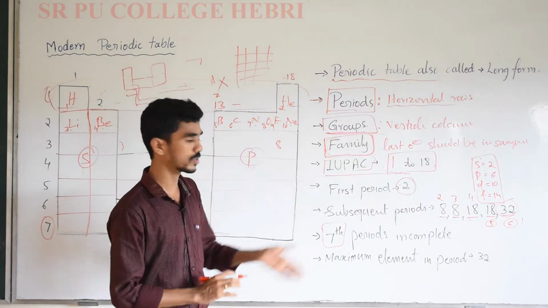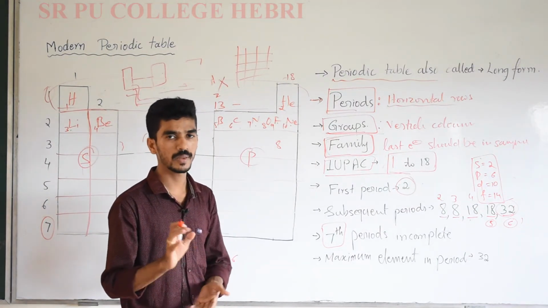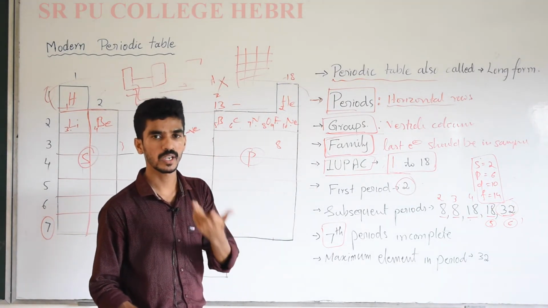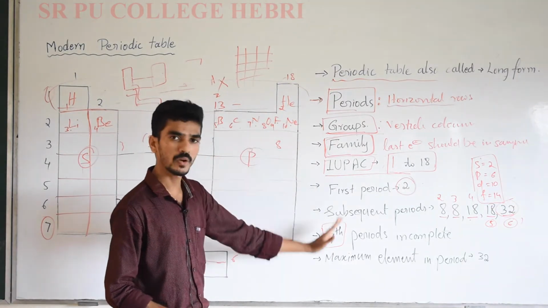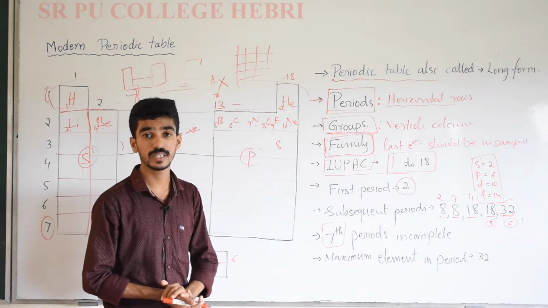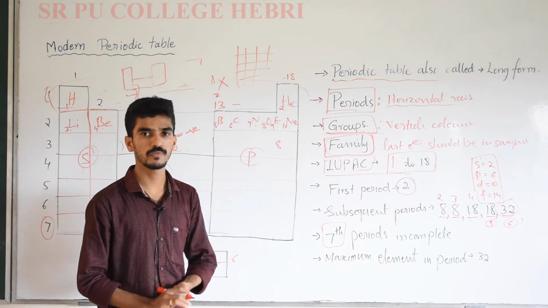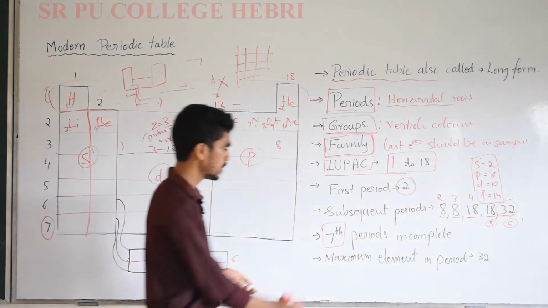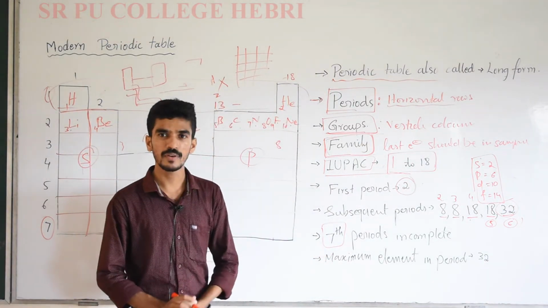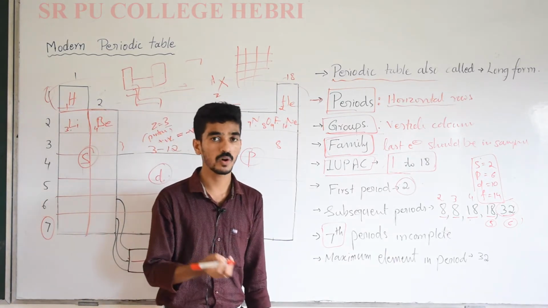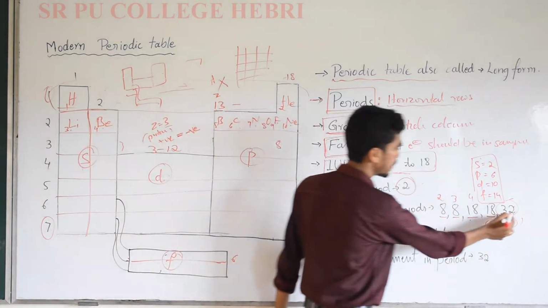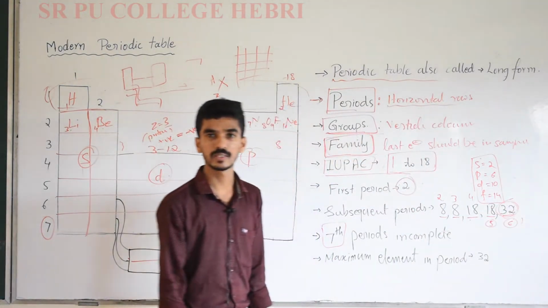So this concept is very important for competitive exams. All concepts are based on the periodic table, even in organic. So you can expect 1 or 2 questions from the periodic table chapter, the classification chapter only. Very important concept for the entire chemistry. Now what may be the questions asked? Which period has the maximum number of elements? We can easily say the 6th period has the maximum number of elements, that is 32.